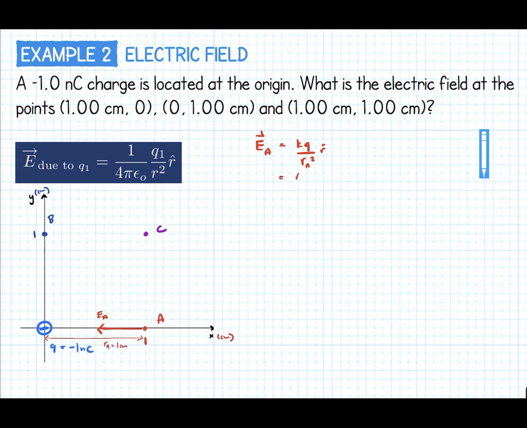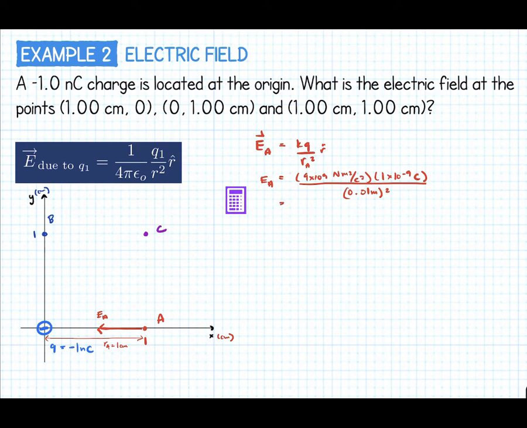So we plug in our values. Remember, K is just 9 times 10 to the 9th Newton meter squared over Coulomb squared. Our charge is the charge Q, which is 1 times 10 to the negative 9 coulombs. That's 1 nanocoulomb. And then our distance is 0.01 meters. Remember, it needs to be in meters, and we square that, okay? So 1 centimeter is 0.01 meters. The nanocoulomb, you'll notice we left off charge here. This is actually just the scalar quantity.